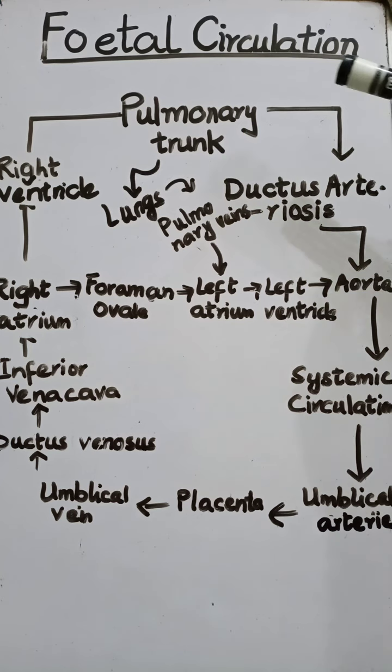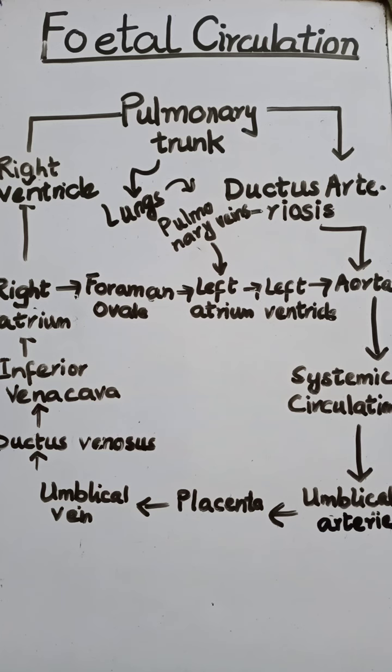The other pathway is that it directly enters from the pulmonary trunk into the ductus arteriosus, and from the ductus arteriosus it is carried to the aorta. The ductus arteriosus is mainly responsible for diverting blood into the systemic circulation. So there are different pathways through which blood enters into the aorta. But there is little involvement of the lungs because only a limited portion enters into the lungs. The remaining blood is actually transferred through the foramen ovale from the right atrium to the left atrium and then to the aorta.